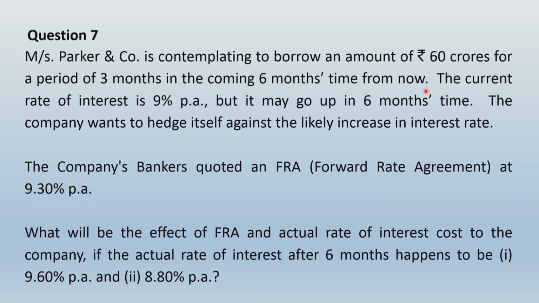So it will be basically 6/9 FRA, correct? So in the question, the rate of interest quoted by bank is 9%, and the reference rate at one place is given as 9.6%, and at other place it is given as 8.8%, and we have agreed to borrow at 9. So if the reference rate is 9.6%, obviously we will make gain, and if the reference rate is 8.8%, we will incur loss. So let us see how to present the solution.